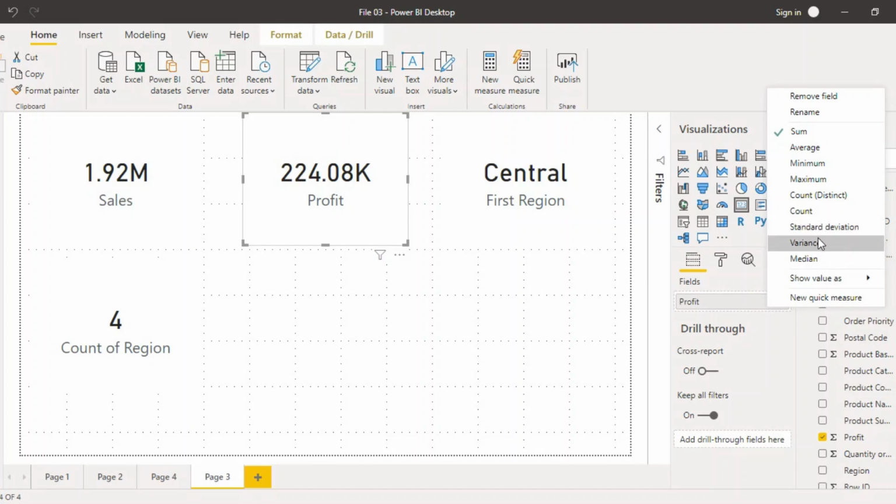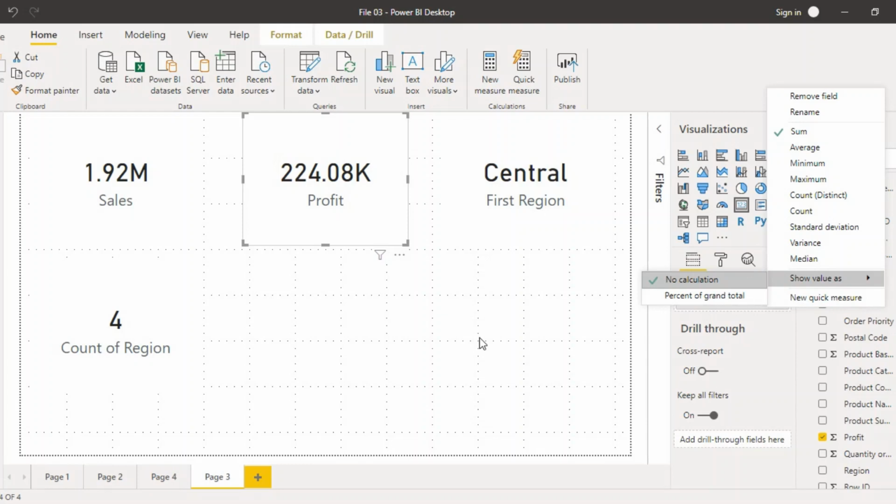And standard deviation, variance and median are actually advanced values which we would be learning later on. Then here we can get the percentage of the profit, but that would not work right now because we are getting only a single criteria. There is no criteria, that is we are filtering the records out of the total number of records.